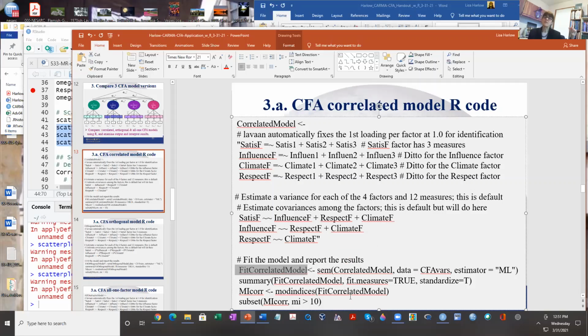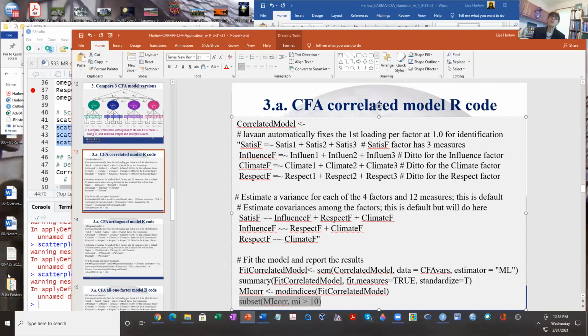And tell me what kind of things are left over in the residuals after trying to fit this model to the data. And I really don't want to see a whole set of them, if there's tons and tons. I only would like to see them if they're greater than 10, because you know that the chi-square critical value at the 0.001 probability level is about 10, I think I wrote it down somewhere, 10.83. So I'm not going to ever change anything that's less than that. So I just asked for what are